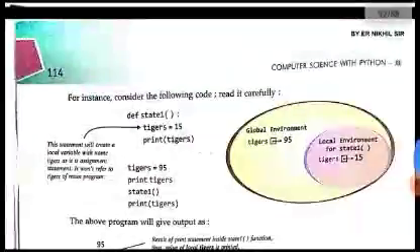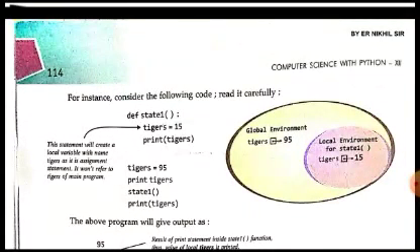environment. See here, for example, what is being done? This state1 is a function, and tiger is equal to 15 is the variable which has been created and assigned a value in the state1 function. Then you see in the main program we are also defining a tigers variable and assigning the value 95 there, and within the function we are assigning the value 15 to the same variable. So in the global environment, what is the value? It is 95, and in the local environment for state1, the value is 15. You can see there.